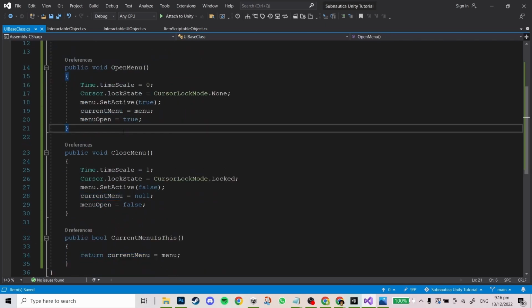Now, if we think about it, different UI menus may need to do different things whenever we open the menu. So the open menu function needs to be a bit more variable. These are the default things that we want to do every single time we open a menu, regardless of which menu it is. However, some menus may have specific things they want to do whenever they open and close the menu. So the way to get around this, instead of overriding the whole function and retyping all of this,